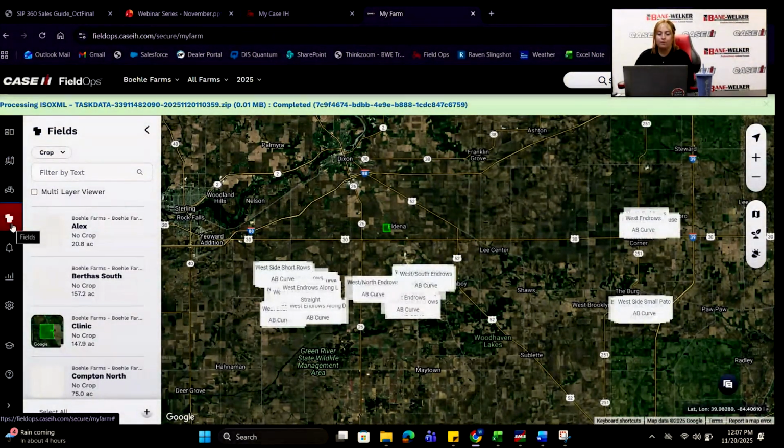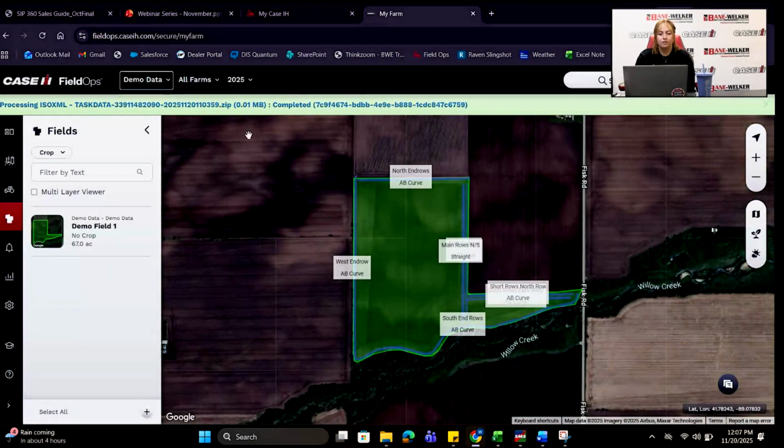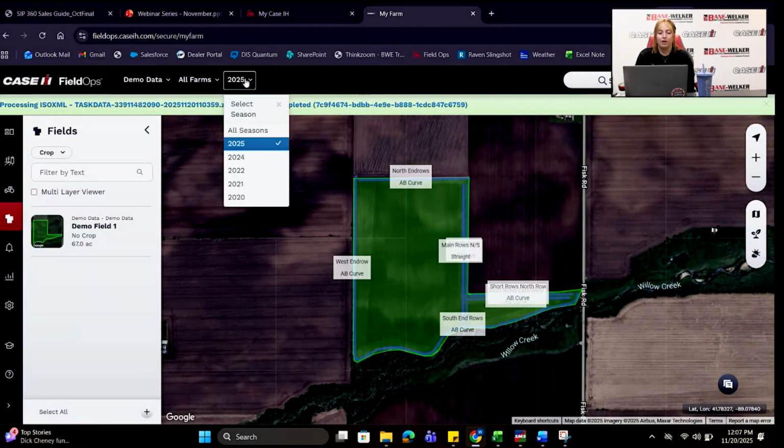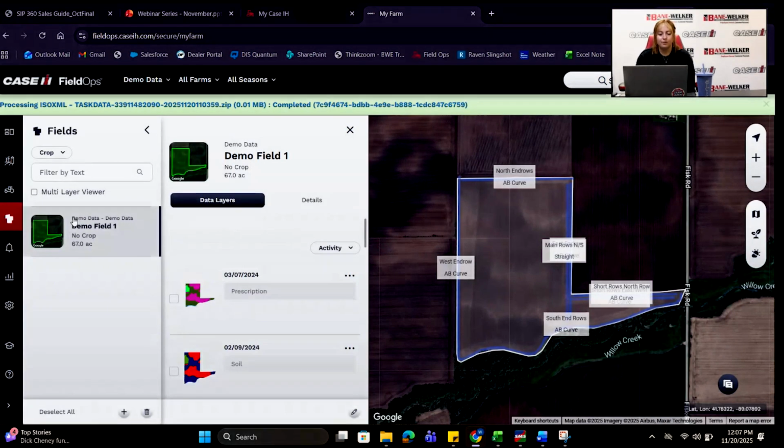So we're in this account. We can see some data in here. We'll go to demo data. So first off, if the change of the year is coming, New Year's is coming, and we're going to look back on 2025 data, make sure you always click the right season, because it always stumps me going back and looking, and it's going to be on 2026 in January. So best practice, do select all seasons. We'll select on our field,